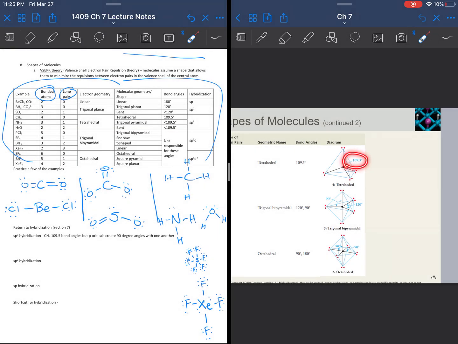They're going to spread out as much as possible, and you're going to get 109.5-degree bond angles. This is a tetrahedral molecule, right? No lone pairs, so that's also the shape. It's the electron geometry and the molecular geometry. Now, if we start removing bonded atoms and replacing them with lone pairs, then, of course, the shape is going to